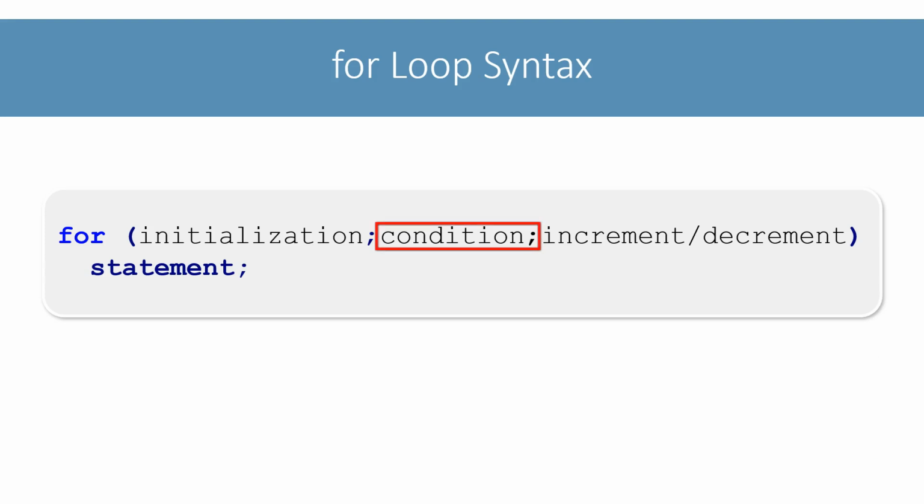Condition in for loop is evaluated on each iteration. If the condition is true, then the statement gets executed. Once the condition returns false, the statement does not execute and the control gets transferred to the next statement in the program after for loop. After each iteration of the for loop, the increment-decrement part of the for loop gets executed and it updates the loop control variable. For loop may sound complicated in theory, but it is quite easy and straightforward to use in practice. So let's look at a program to easily understand for loop.